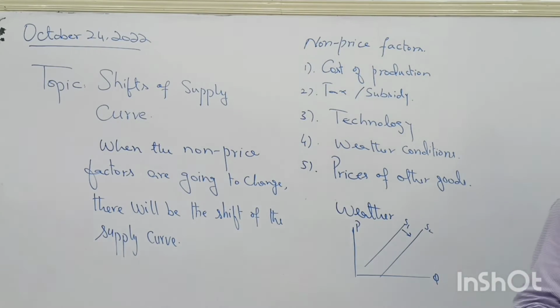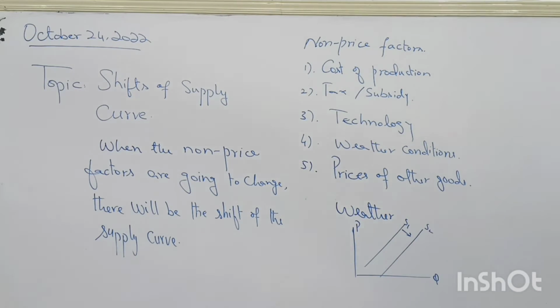So we find that weather is also affecting the supply of agricultural output, or sometimes the manufactured output like clothing. That's also weather dependent. During winter season we have more supply of winter clothes. Clear? And during summer we have more supply of summer clothes. In some areas we have more supply of coffee during winter. So weather is affecting the supply of many products which are weather dependent. If weather is favorable, the supply of those goods will also increase, and when weather is unfavorable, their supply will decrease. Clear or not?